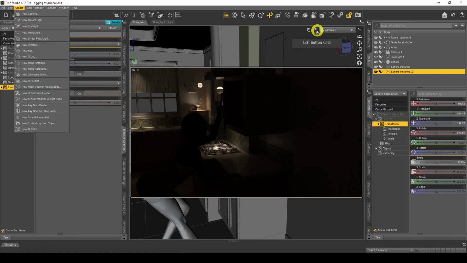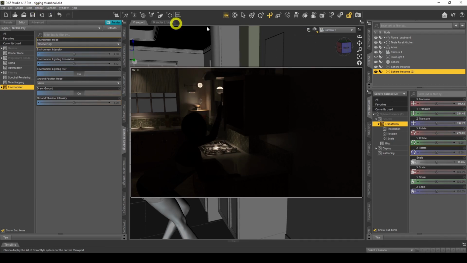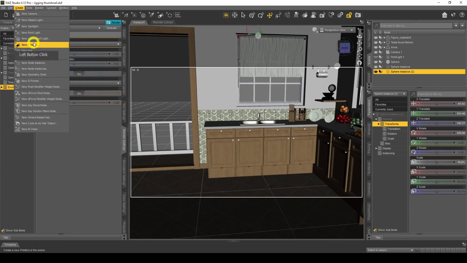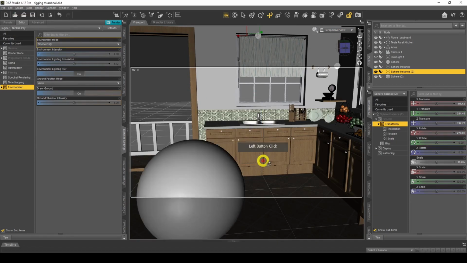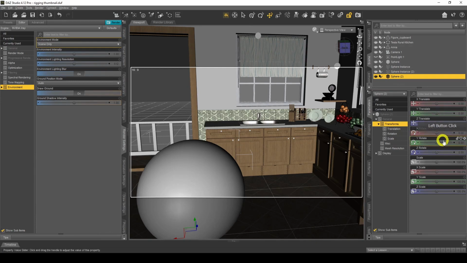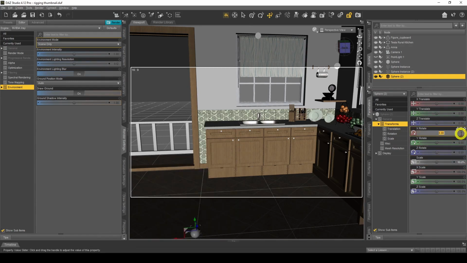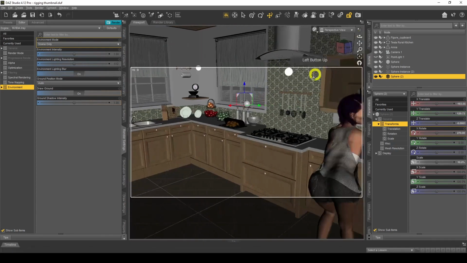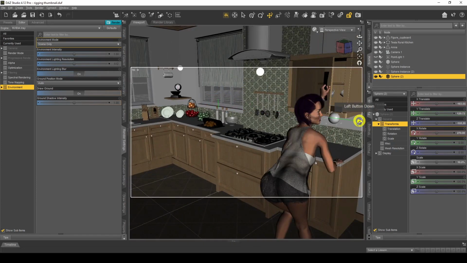So create, let's get out of IRA preview mode so it doesn't slow me down. Create new primitive sphere, accept. Here it is, and I want the same settings, so 10%, and I know my light is going to be pointing down, so 270 degrees. Then I'm just going to do my best to position it where I positioned it last time, if I can remember. It was a lot of tinkering and playing around with it to get the lighting as best as you can. So up we go,